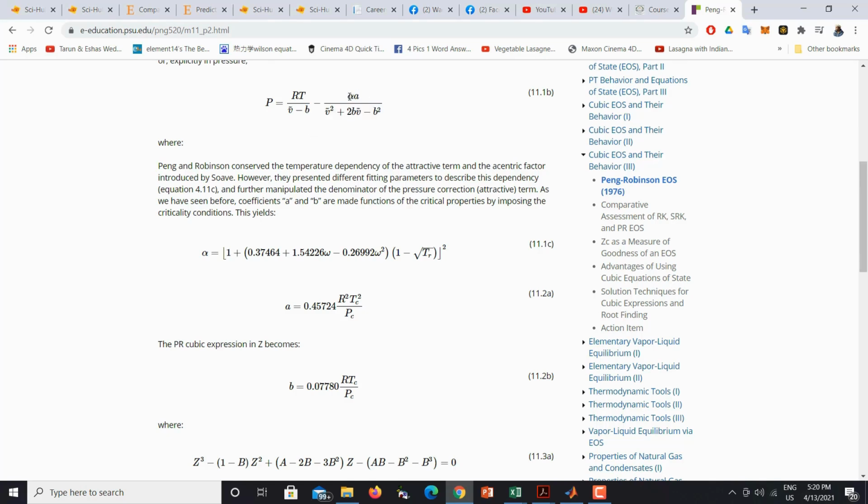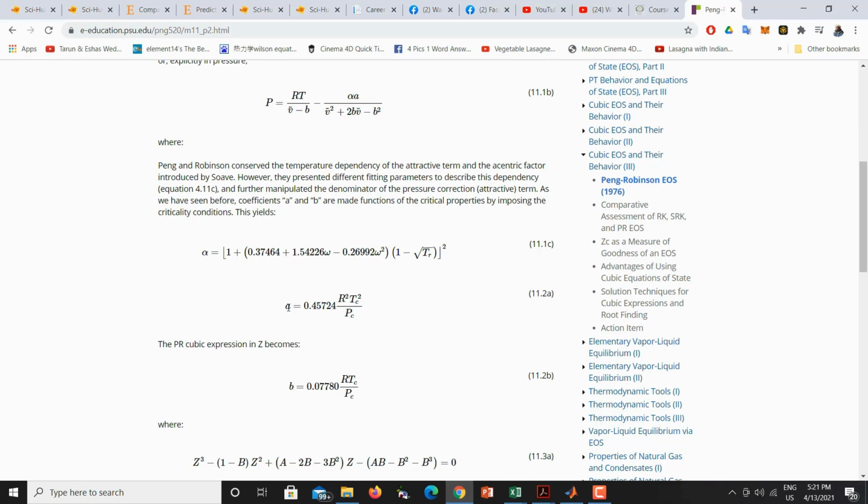First, the alpha parameter that is used in the equation is represented by this equation, which is basically proportional to the acentric factor, and you know that every gas has a different acentric factor, and it is also proportional to the reduced temperature, which can be calculated from the critical temperature and the temperature. So the a parameter that is used here is represented by this formula, which is basically proportional to the critical conditions and critical pressure, and every gas has a different critical temperature and pressure,